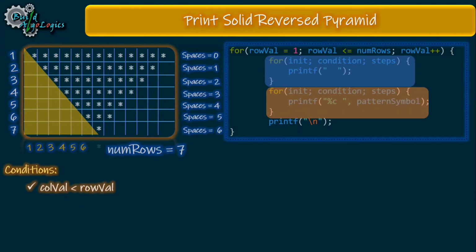Means for row value 1, this loop will not run because col value is 1 here, and 1 is not smaller than 1, and this is the behavior that we want here. Now for row value 2, this loop will run 1 time as 1 is smaller than 2. And similarly for row value 3, this loop will run 2 times, and so on. Means our first inner loop for printing white spaces will look something like this.